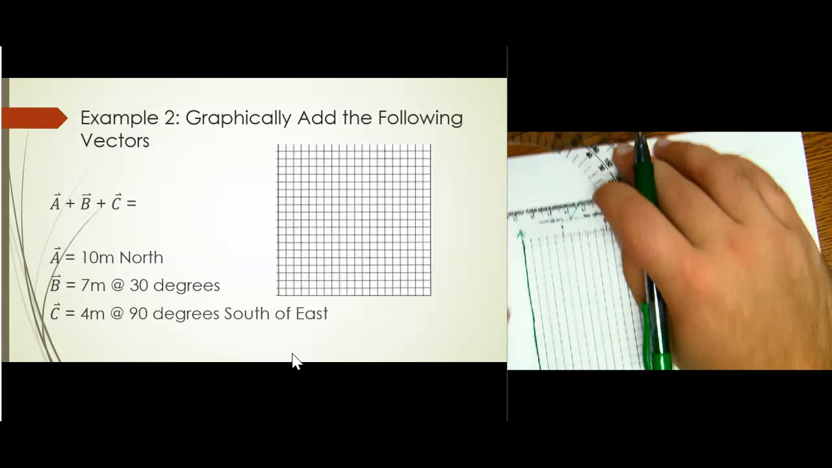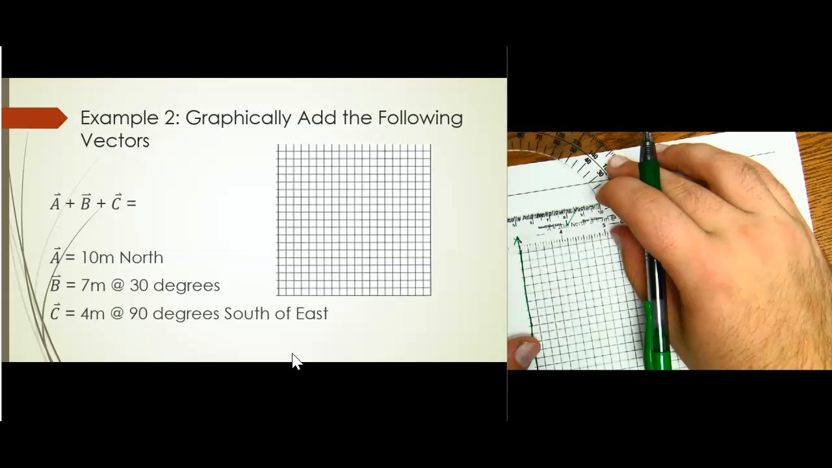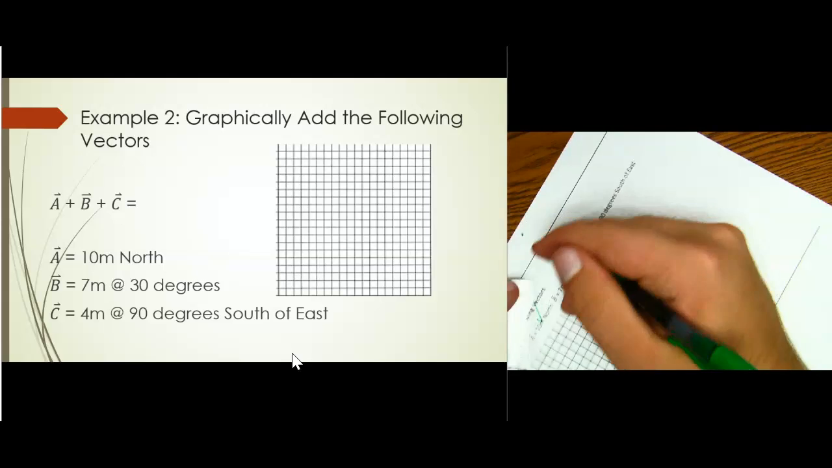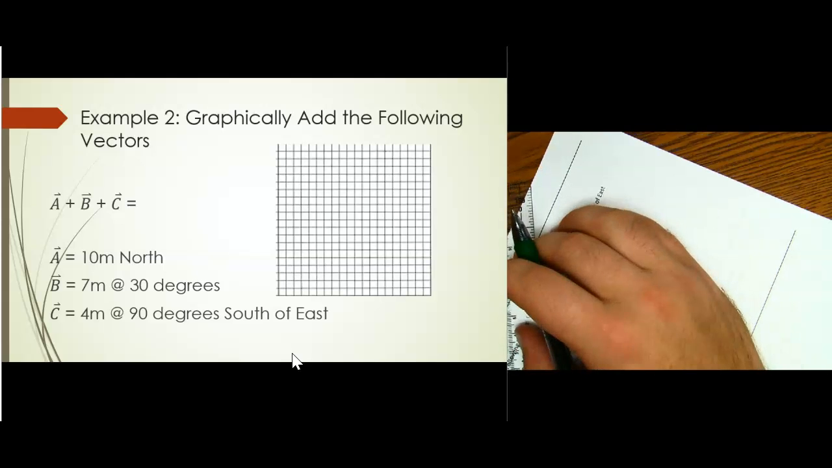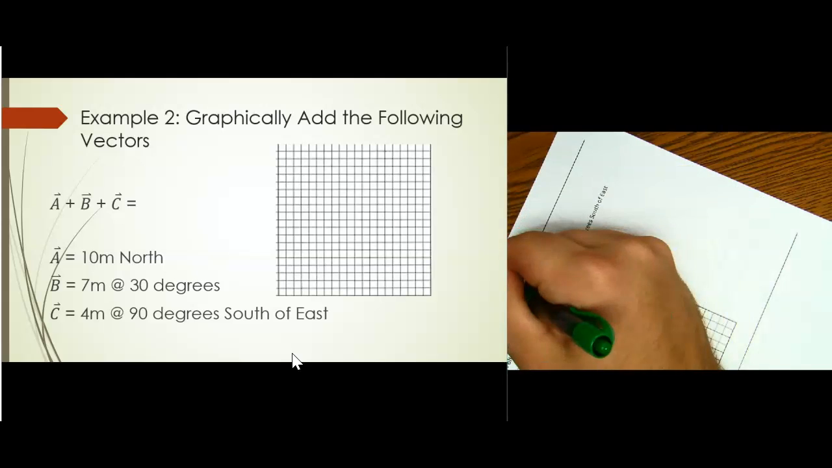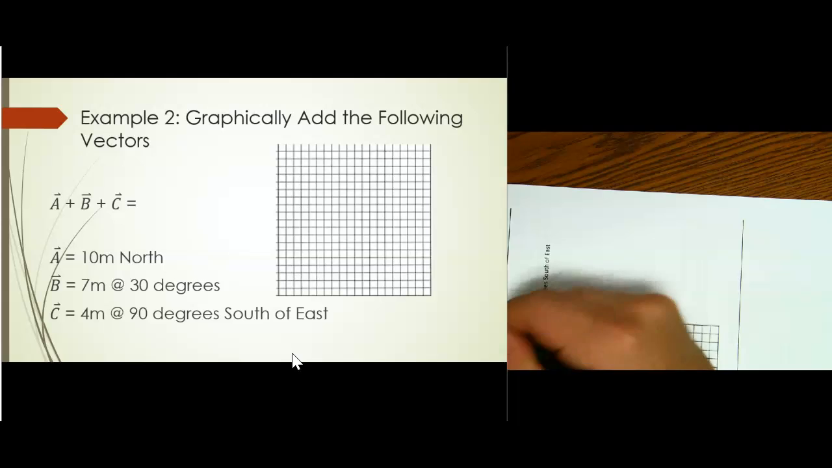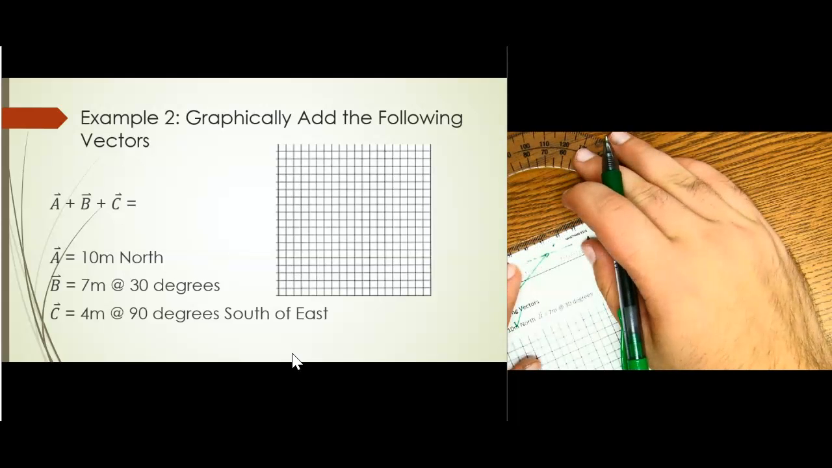All right, so I got to line it up again. There's my 30 degrees. 7 meters. Oh, hopefully I stay on the page. There's my 7 meters. All right, so I'm going to draw my dotted line. There we go. Okay. And then it says,